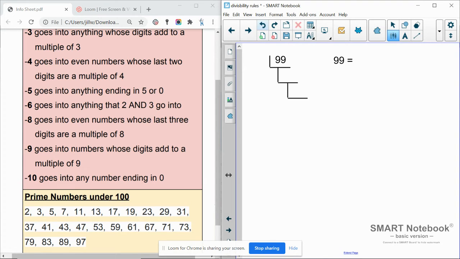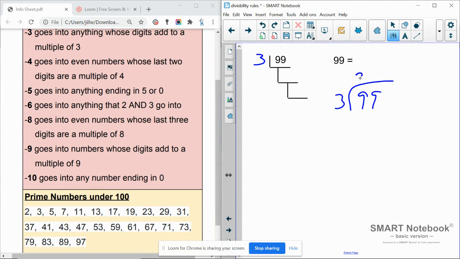It ends with a 9. So then I can check for 3. I know the 3 goes into 9, and I know the 3 will go into the other 9. So I'm very, very confident with putting a 3 there. And if you don't know how many times it goes in,